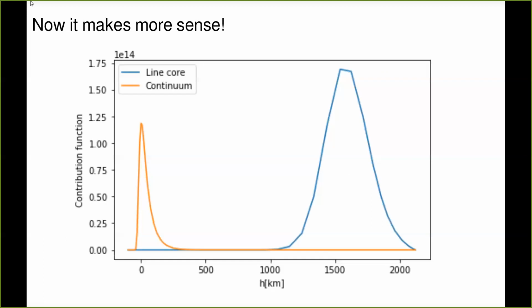But these also tell us a bit more. They tell us that, in principle, H alpha is sensitive to a wider range of depths than the continuum. It's formed over a wider range of depths than the continuum, and so on. And in principle, for some extreme cases, you could get contribution functions which are very wide, or maybe even double peaked, and so on.